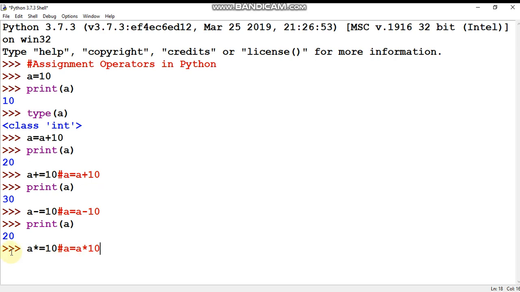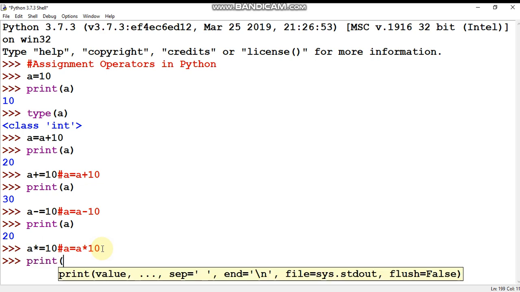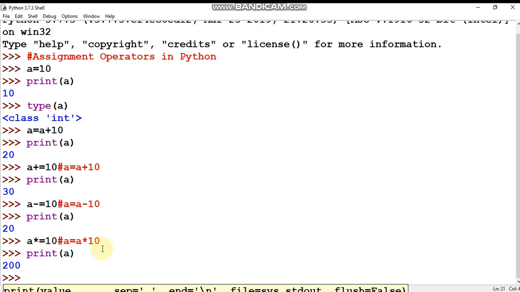The value of a, you can see here, is 20, so 20 into 10 will be 200, and this 200 will be assigned to variable a. So you can write it this way, or you can write it in this way. If you're writing this way, this is called the shorthand operator. So the value of a will be 200.